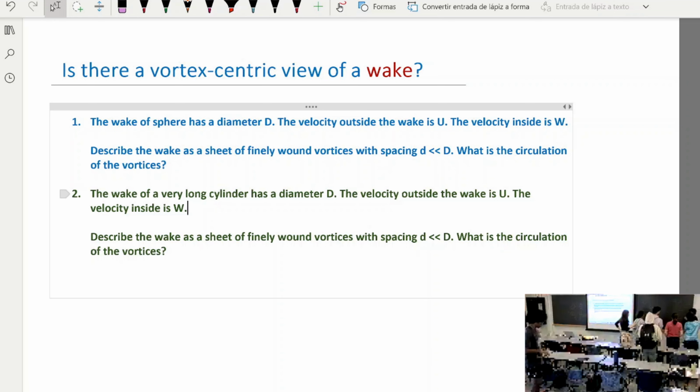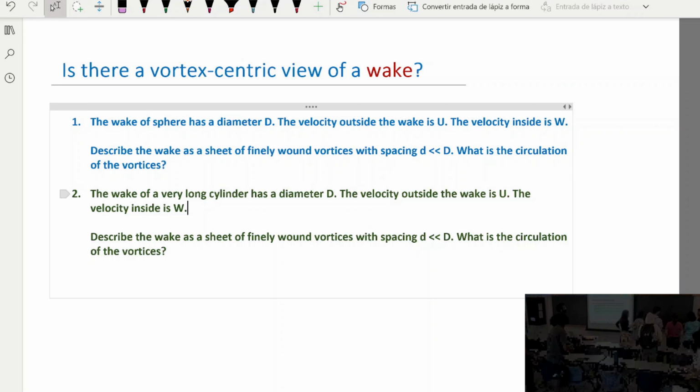If you draw a closed contour outside of this wake, you're going to get velocity U, and if you integrate, you get zero circulation. If you draw any closed contour inside of the wake, you should also get zero circulation, since the velocity is uniform. So that means any vortices have to be lying on the interface between the outside and inside of the wake. Does that make sense? Does it end up the same as that? Because that's what we did for the sphere. Yeah, that's correct for the sphere, except for the vortices